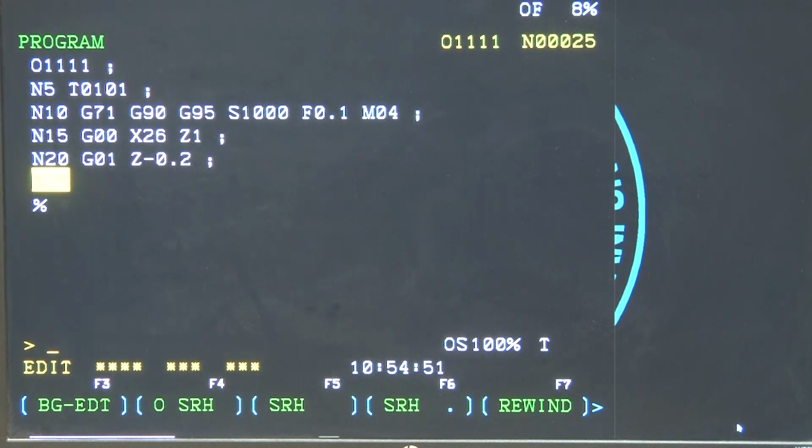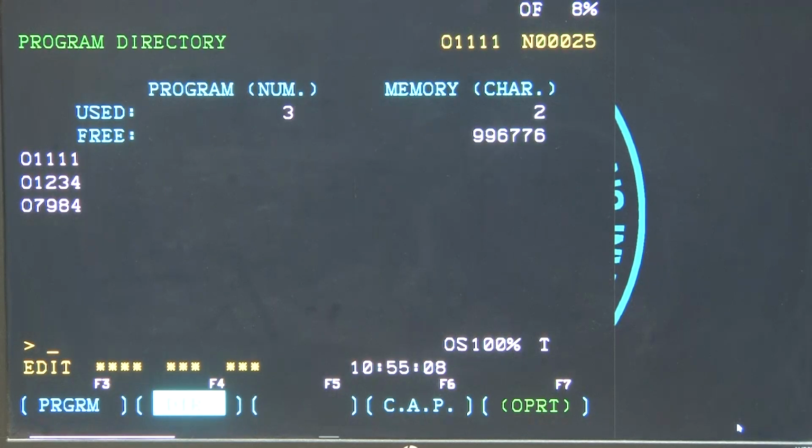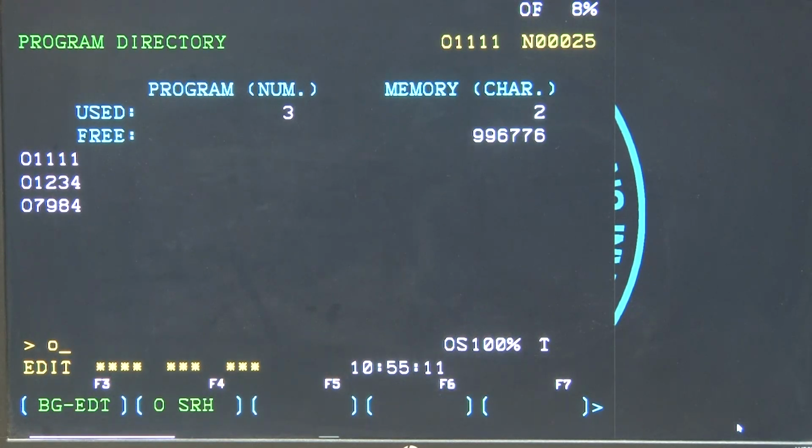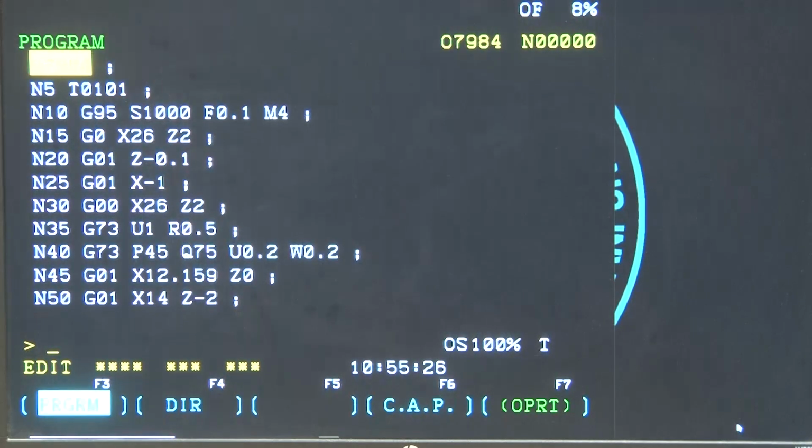In the turning it is one, in the milling it is different, and so on. N25 is the next, and so on. So, the entire program is made. I will call the entire program, and you can see that in the N25, next to that is the X minus 1. That means this is given as a facing cycle, all right. X means it is in the direction perpendicular to the axis of the workpiece. So, at this moment we are calling the entire program, which is already there, all right.